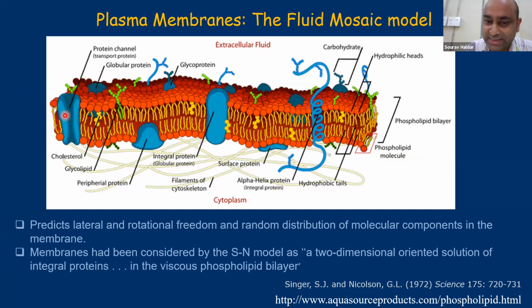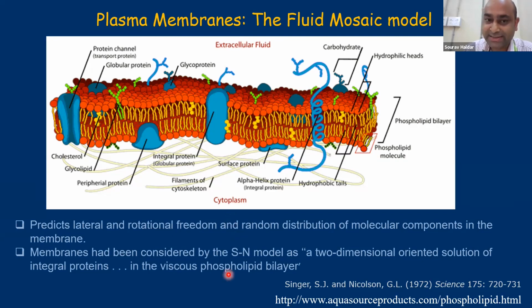So the fluid mosaic model is nothing but a two-dimensional anisotropic fluid of lipids. It's two-dimensional because the thickness of the bilayer is barely 5 nanometers. So for all practical purposes, we'll be talking about a two-dimensional membrane, right? Because if you think of the size of a cell, which is all the way from 10 micron to 50 micron, compared to that, 5 nanometers is negligible, right? That's why it is essentially called a two-dimensional fluid, because the lipids are constantly moving within the plane of the membrane, in which